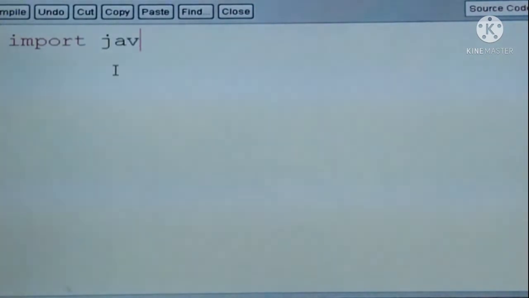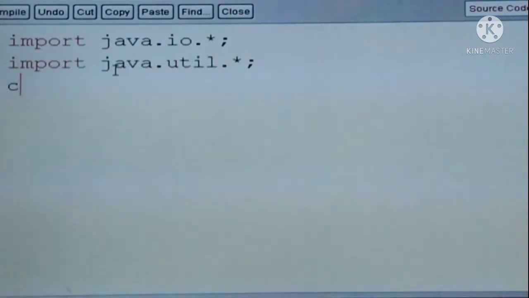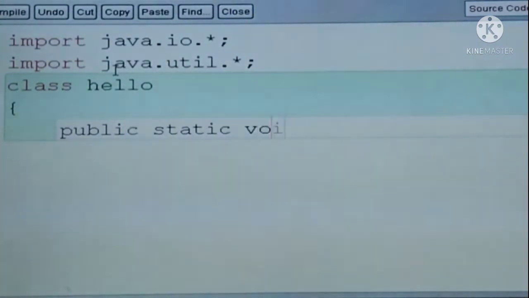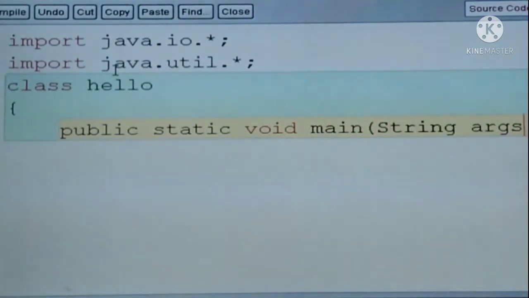Import java.io.*, import java.util.*. So class Hello, then public static void main, then String args, opening brace.